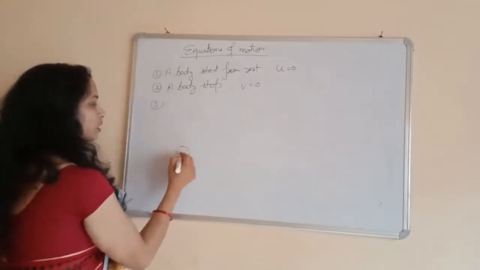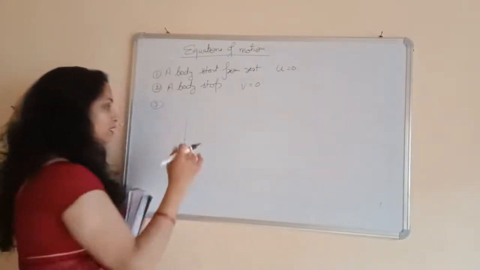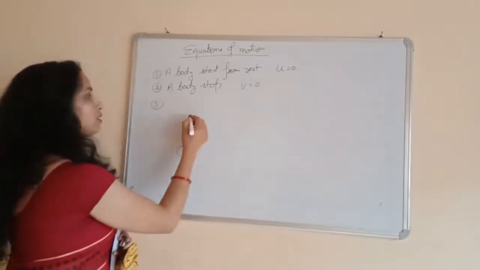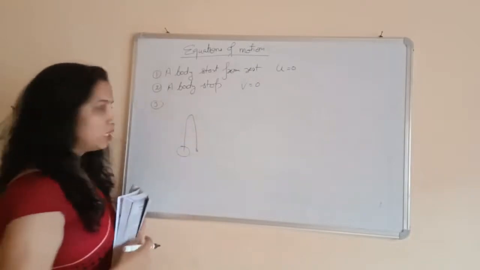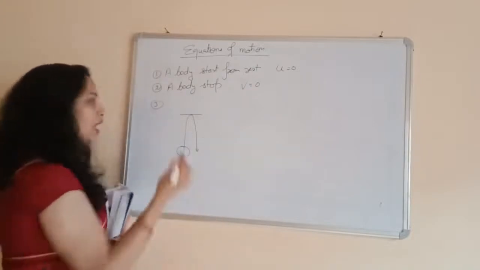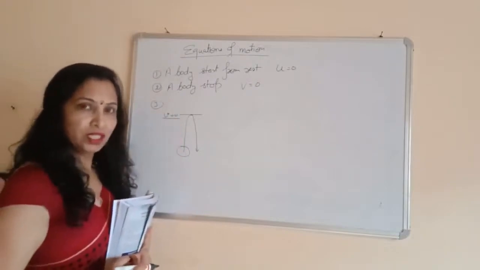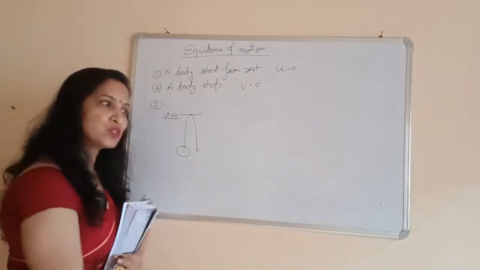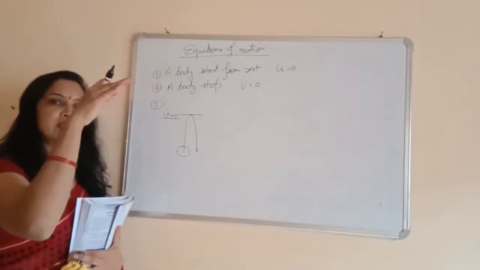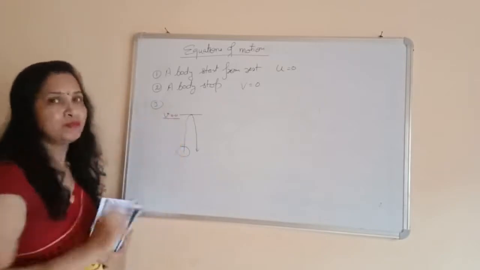if we throw something in upward direction like this, you know that after attaining a certain height, the body will rest for a moment and then come back to the ground. So at this highest point, if we throw something in upward direction, at the highest point, its final velocity becomes 0. Okay. So if it is there in the question that we throw something in upward direction, so after attaining a maximum height, the body will have the final velocity equal to 0.